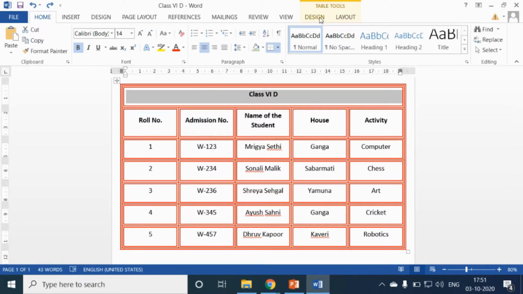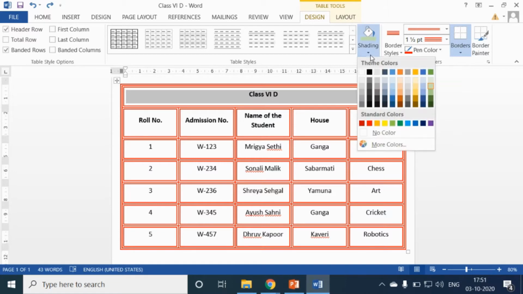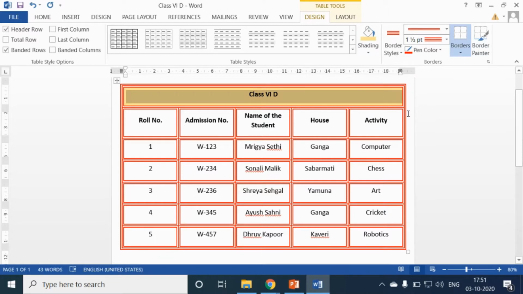Now, go to the design tab and you can see here shading option. Click on it and you can see different colors are given. So from these colors you can choose any one color of your choice. Okay, students, so you can see that color is applied on particular cell.